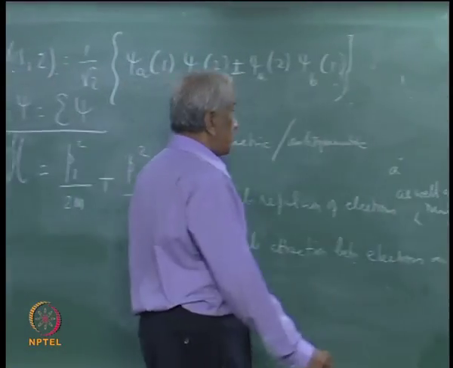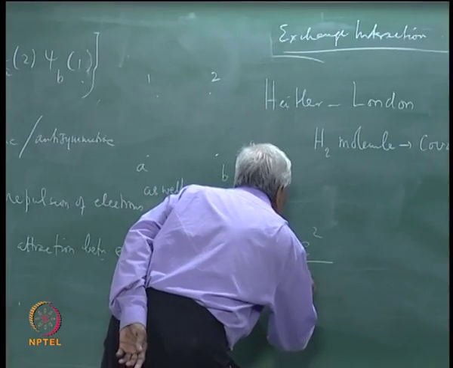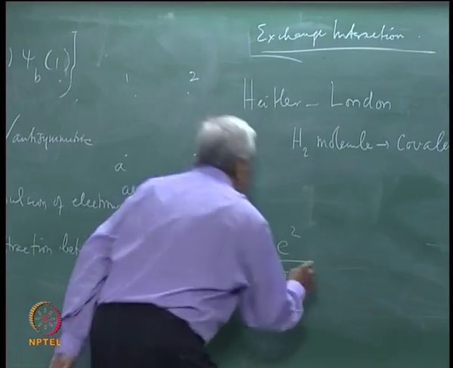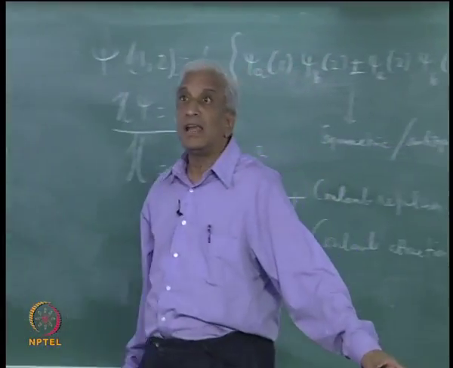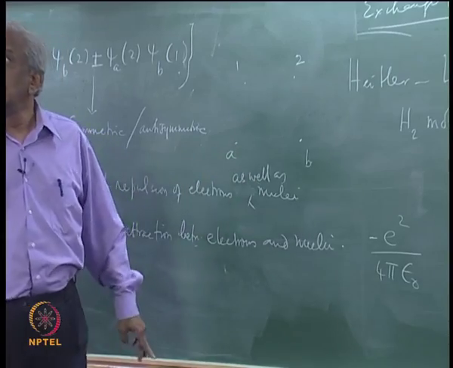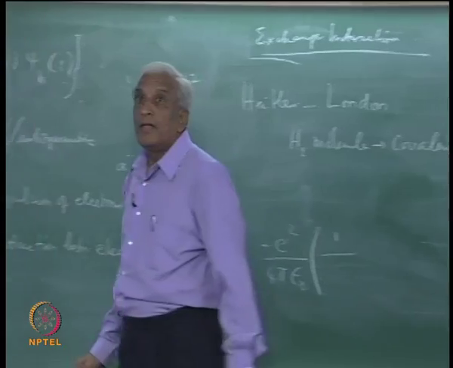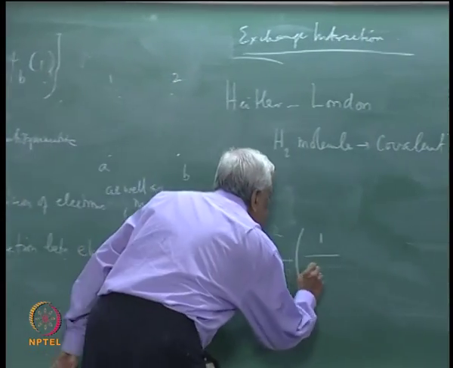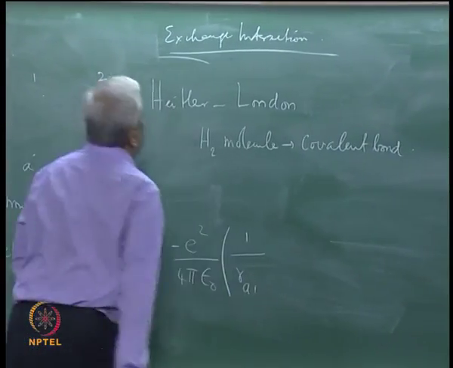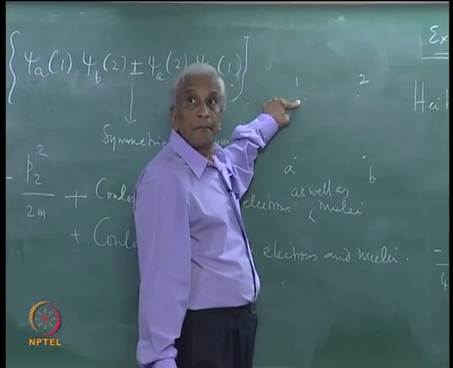So, the attractive terms, for example, are minus e square by 4 pi epsilon naught. Since it is a hydrogen atom, you have 1 electron and a nucleus of charge equal to the electronic charge. So, I have minus into 1 by R A 1, that is the distance between A and 1, and then